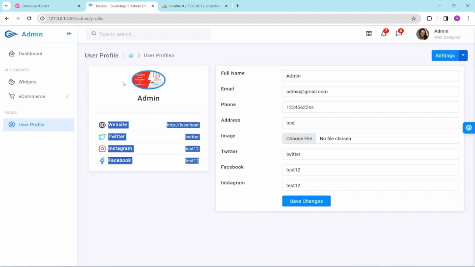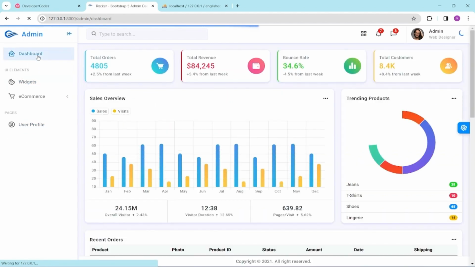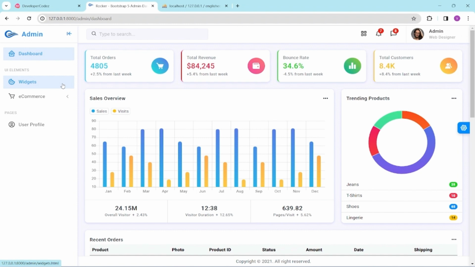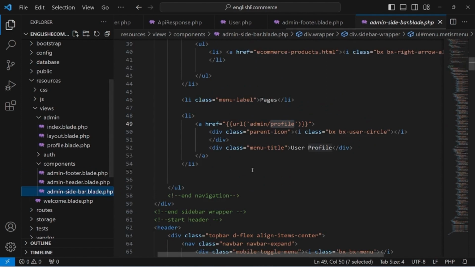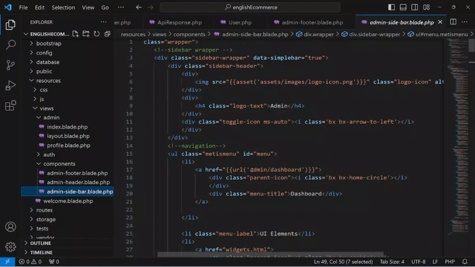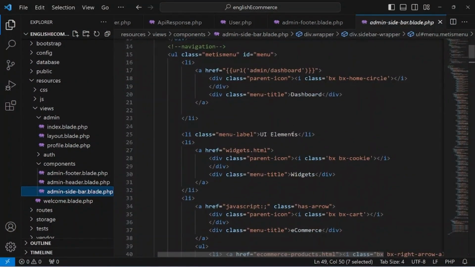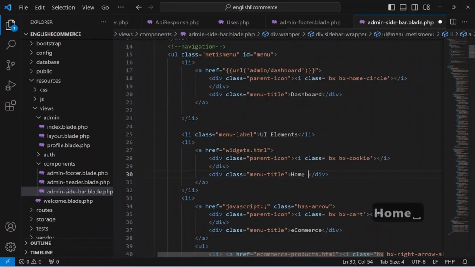So in the previous video we just set up this. So now we will set up that home banner section. I will create firstly this sidebar and then move to the view files. Inside the components sidebar we have user profile, e-commerce dashboard, UI elements. In place of widget I will write home banner,